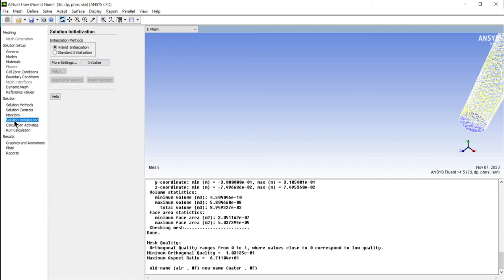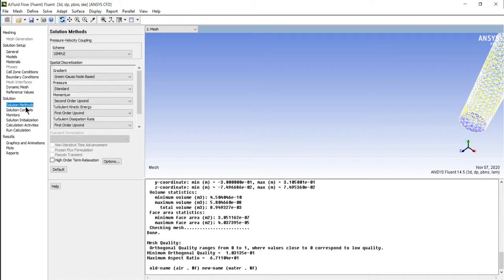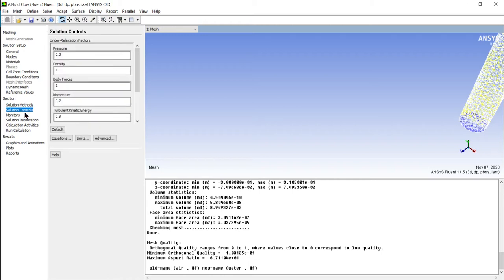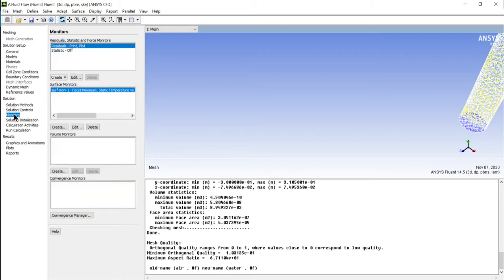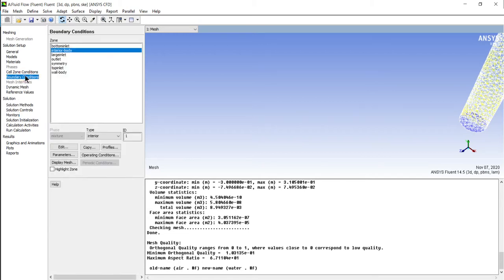Here is initial hybrid, I need to initialize it, but before that I need to define my studies. Let me just check. Boundary conditions, yep, here I need to define the boundary conditions. Once I define it here,